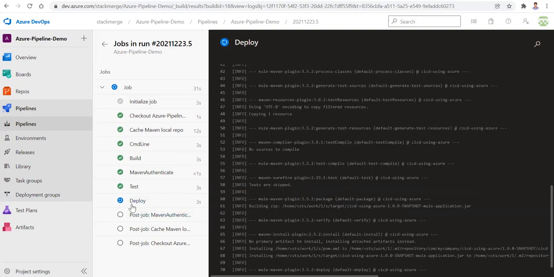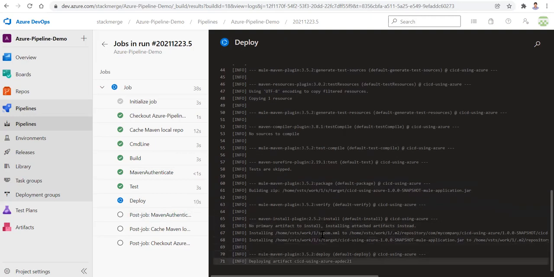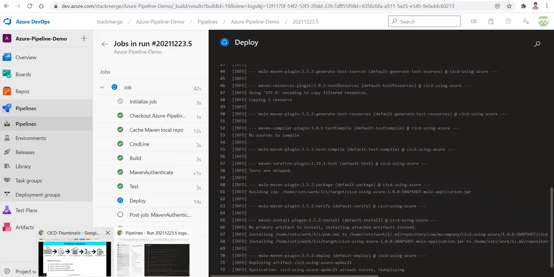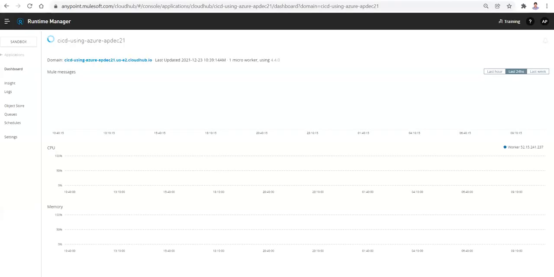Awesome. Deploy. Now you can see it started deploying. Cool. Let me show you, it's getting deployed. So intentionally, I had not added that caching to your test and deploy so that I can show you how much time it takes without caching and how much time we can save with the help of caching.